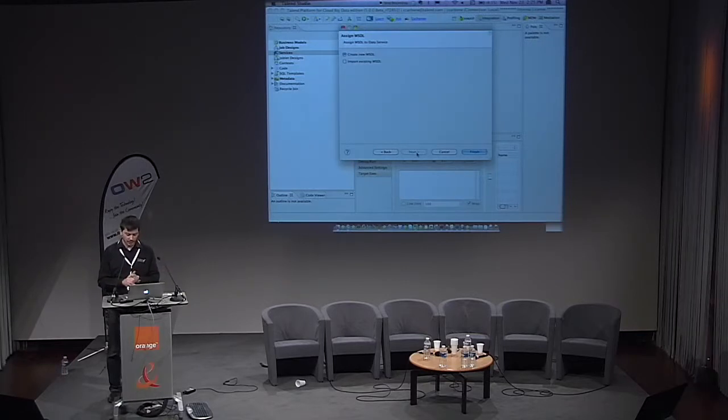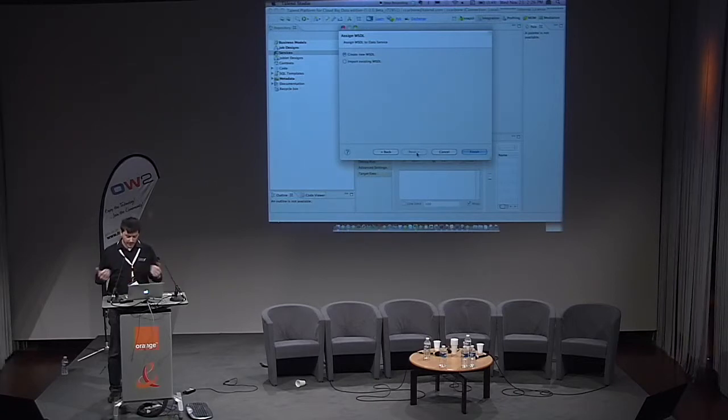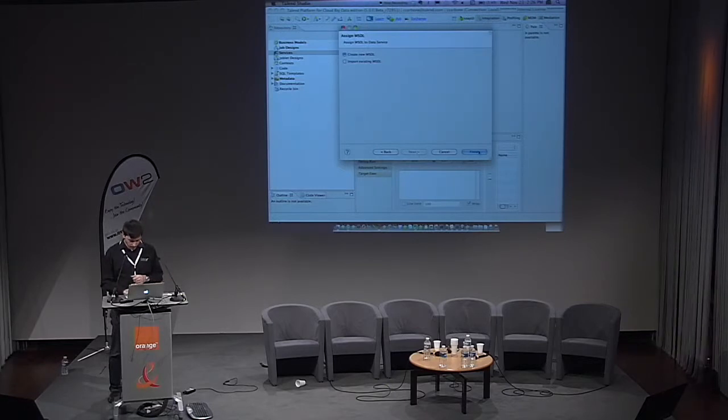That means the name of the service, the name of the operation, the format of input and output for each operation, the binding, etc. All this information is in a document called WSDL, Web Service Description Language, or I can create a service from scratch, and I will do that now.